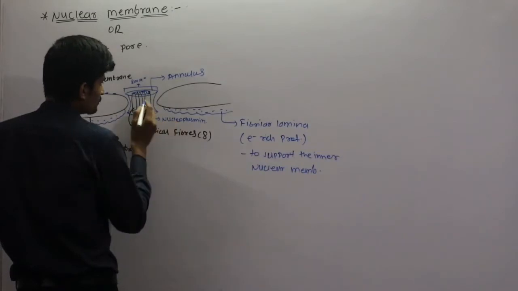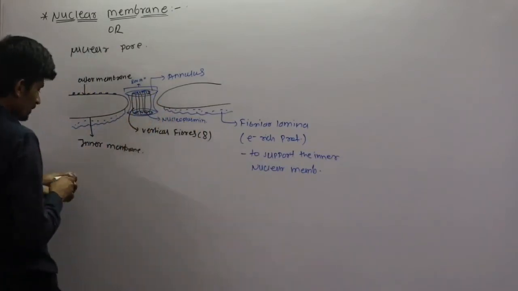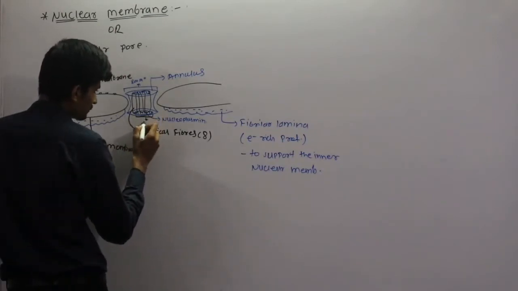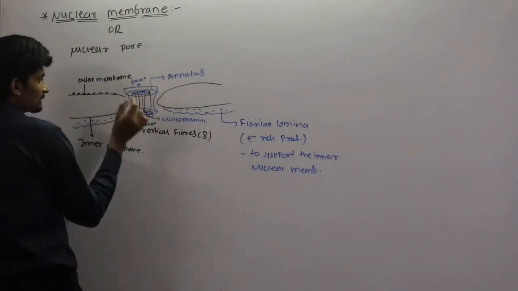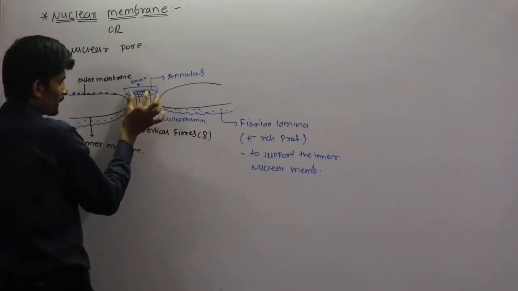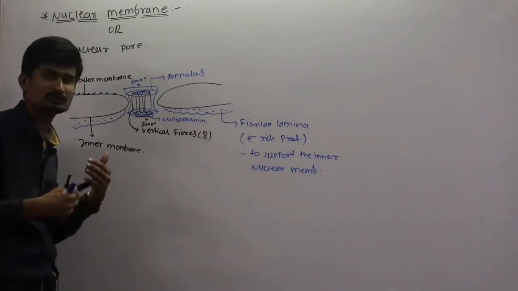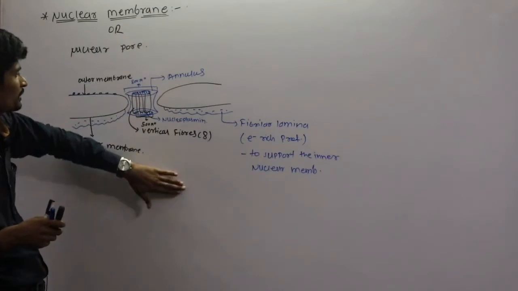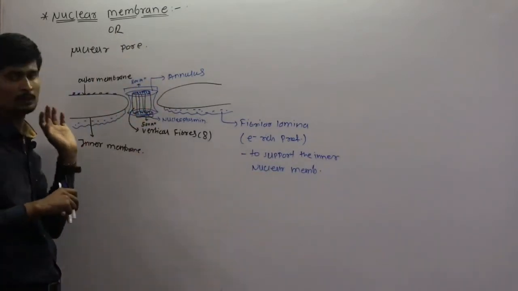And the diameter of this nucleus or nucleoplasmin means only this region, through which the material actually is transported. So the diameter of this region is only 500 angstrom. The total diameter is 800 angstrom, and the actual opening is only 500 angstrom, through which the substances are actively transported from the inner side to the outside and from the outside to the inner side. So this is the actual structure of the nuclear pore.